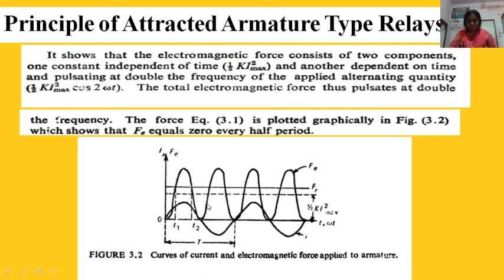That means in this hump it will operate and then it will not operate. Again it will operate, it will not operate. That means in one cycle it will operate 2 times and not operate 2 times. So it will pulsate with double the frequency, operating 100 times per second on a 50 hertz supply. Because of this it will produce noise and hum, and finally this on and off will cause damage to the relay, and finally it will not operate.